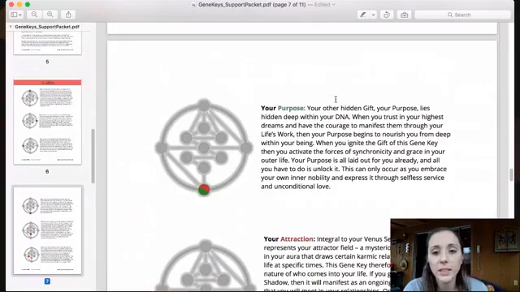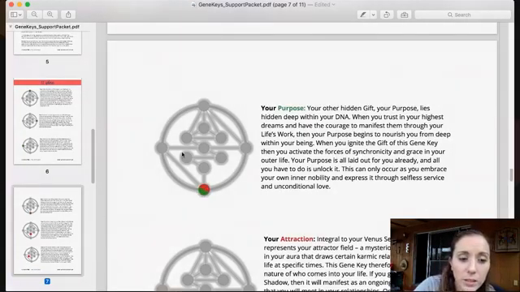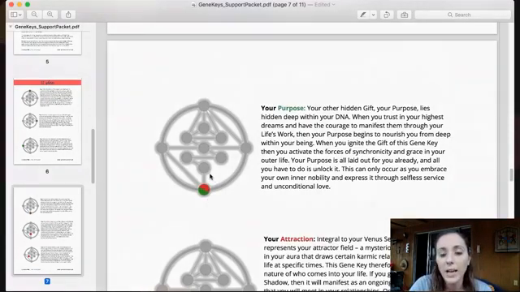Okay, then your purpose is another hidden gift, and that's at the bottom. It lies deep within your DNA. It's when you trust in your highest dreams and have the courage to manifest through your life's work. Then your purpose begins to nourish you from deep within your being. That's why this talks about the core stability. This line says core stability because when you are thriving, you're then able to feed and anchor into this purpose. Your purpose is what you anchor into, and that's what creates that core stability. You're thriving, so you're able to root and anchor your purpose down into the ground, and it creates this unshakable